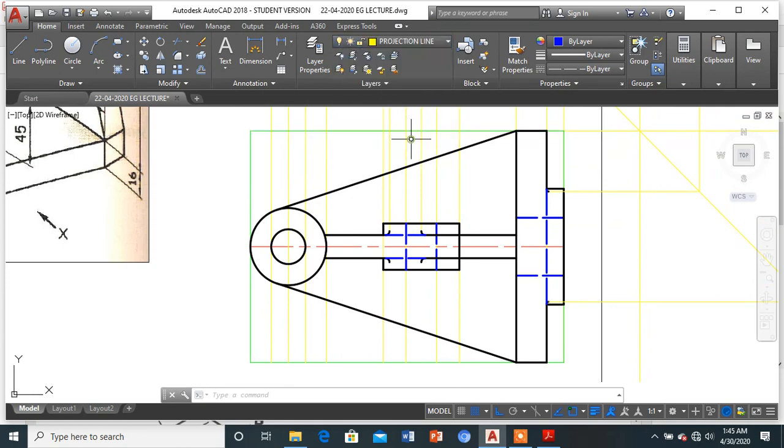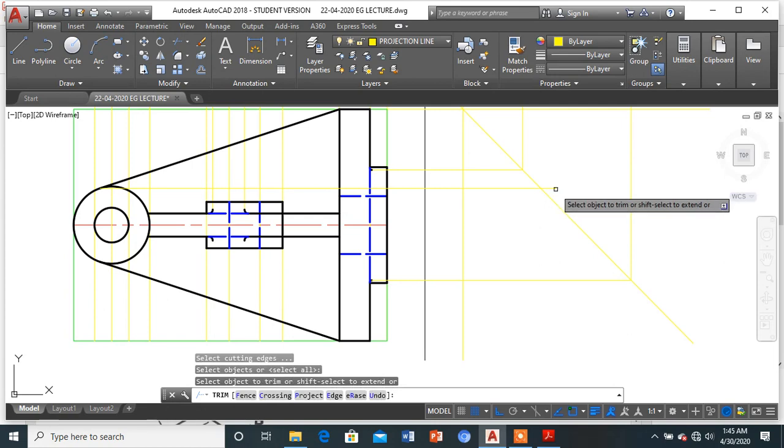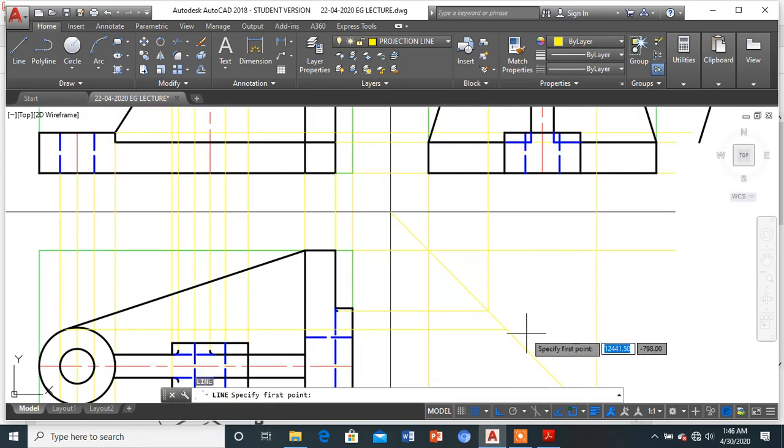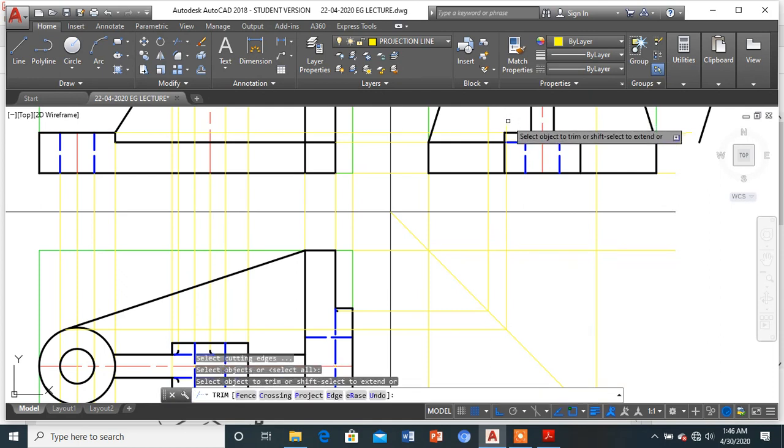I'll be taking the projections now. I'll be taking the projections from actually the tangent point from where it all started like this. Okay, first one, only one is required because the other point I can simply draw again. So now I will be simply extending this, which will be coming up particularly till here. Okay, till where I want I'll be drawing that. I don't want, I won't be drawing. It's okay.